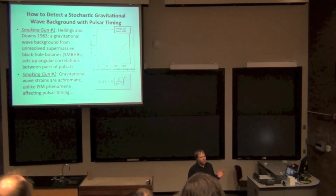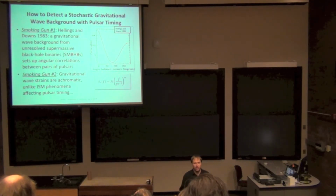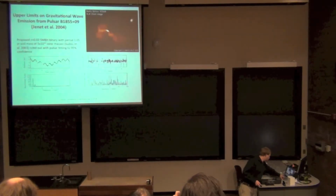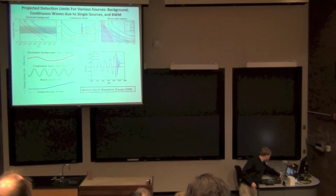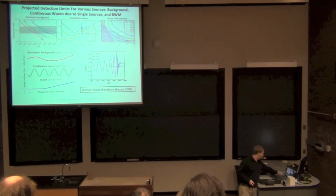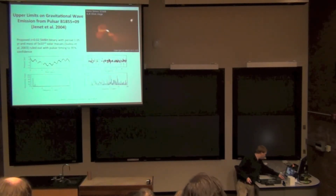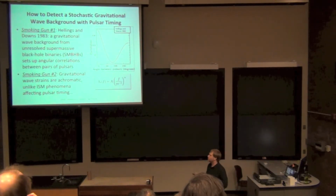So suppose that you detected some sort of gravitational wave-like residual in your timing. How would you really convince yourself, especially if it's a stochastic background looking like this? You know, how do you really tell that apart from one of the other processes I was talking about, such as intrinsic spin noise or something like that? Well, there's two kind of smoking guns about it. First of all,